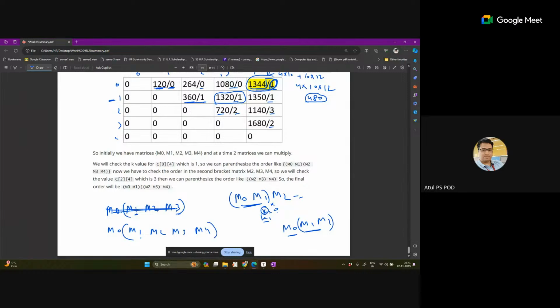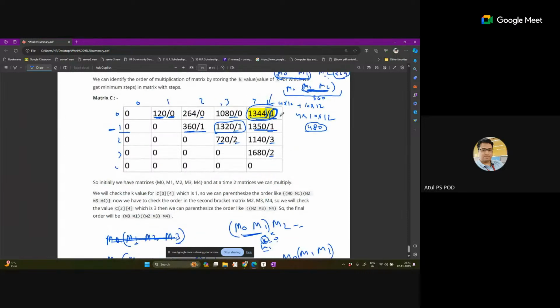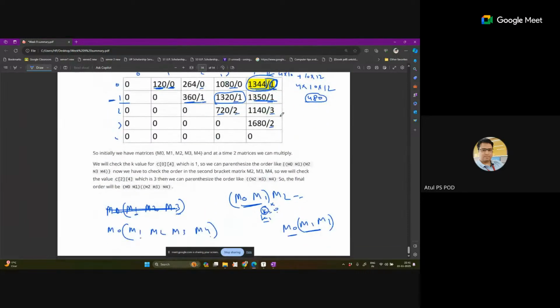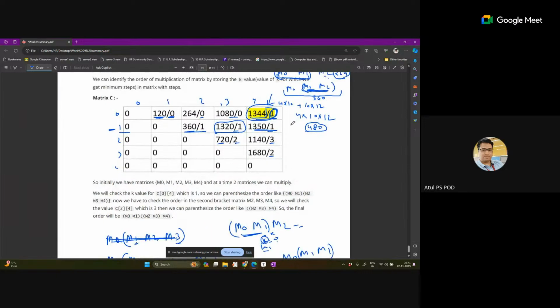Okay, now we have 1 to 4. So for 1 to 4, we have this value. Let me check again. Initially we have matrix m0 and another 2 matrices that we can multiply. We will check the C of 0 to 4. So the first parenthesis is